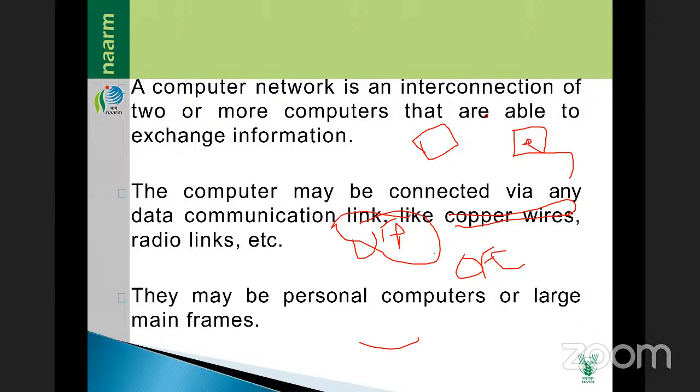Untwisted pair cables. UTP is used only within the building. Within the building only we can connect it. Suppose this is your college, one building. Within the building, all computers will be connected through routers, hubs. Means one LAN box will be kept, with blinking lights. That is called a hub, hub or switches.